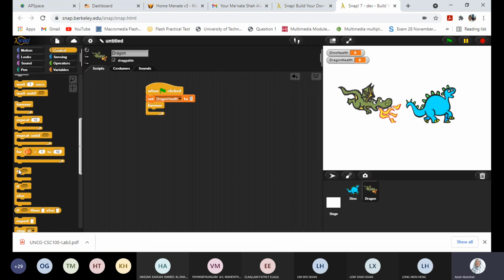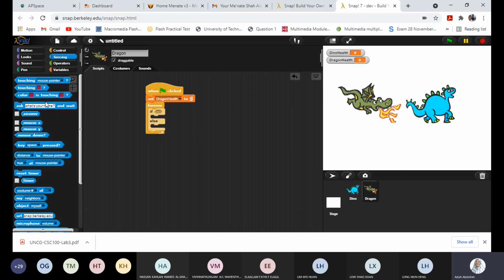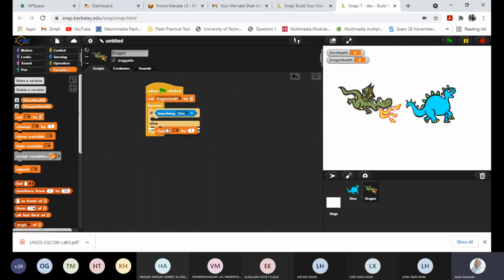Then we use an if else statement: if touching dino, we change dragon health by 1. No need to put +1. When you put dragon health by 1, the program automatically knows it must increase by 1. So 0, touching, plus 1, becomes 1. The dragon health becomes 1. Otherwise,